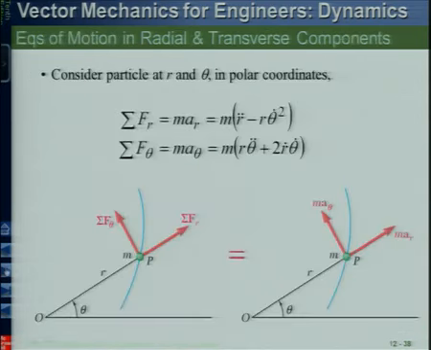And in cylindrical coordinates, basically, assuming we are talking of a plane, if z motion is there, then we get a third equation. So sum of forces in the r direction will be equal to m times r double dot minus r theta dot square, and